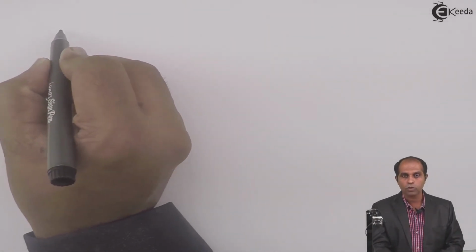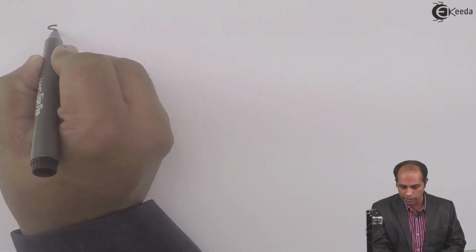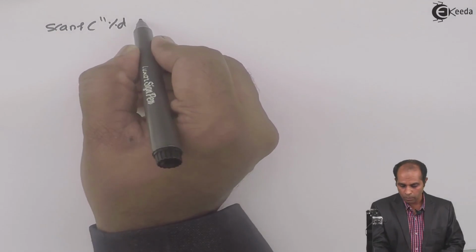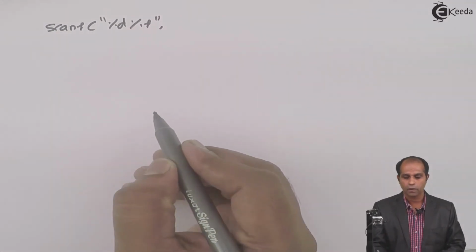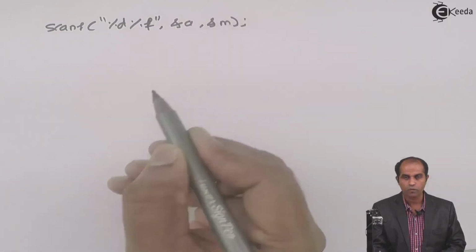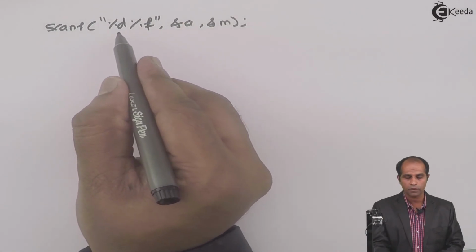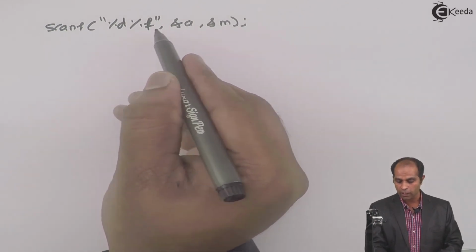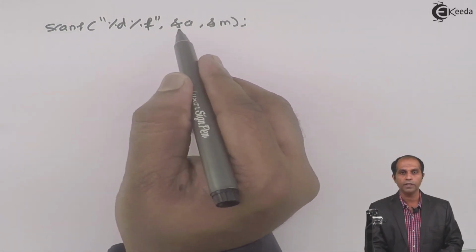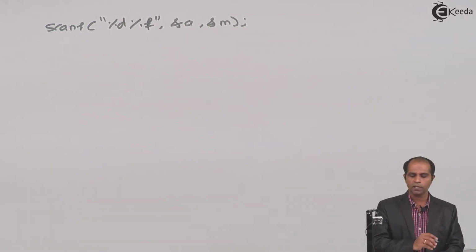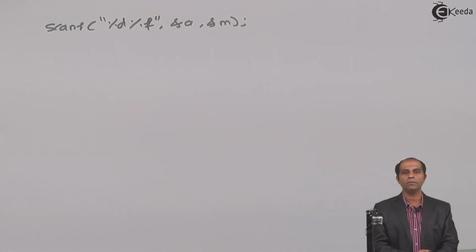Let's try reading two values of type integer and float and store them into two separate variables. So the instruction which I'm going to write is scanf, double quotes where we'll have %d, %f, comma, ampersand of a, comma, ampersand of m. So this instruction will read how many values? You guessed it right, two values of type integer and float, correct. Then it will store the first value into a and the second value into m, provided that a has been declared of type integer, m has been declared of type float.